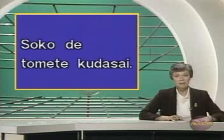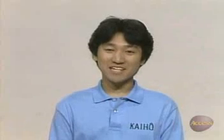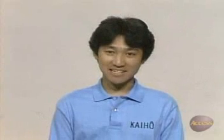Tomete kudasai means please stop the car, and soko de means there. So obviously, soko de tomete kudasai means please stop there. Repeat it after Kaiho-san. そこで止めてください。